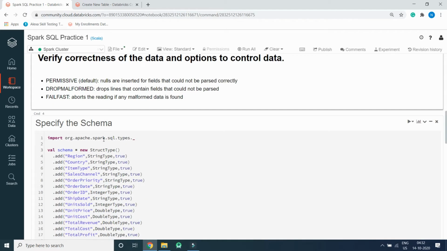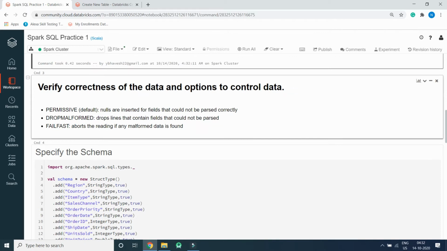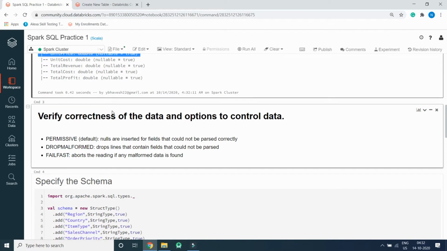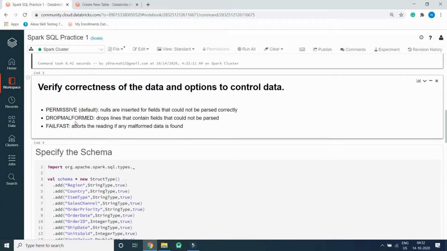Now, verify correctness of data and options to control data. Permissive is the default option if you don't specify any of these: permissive, drop malformed, and fail fast.